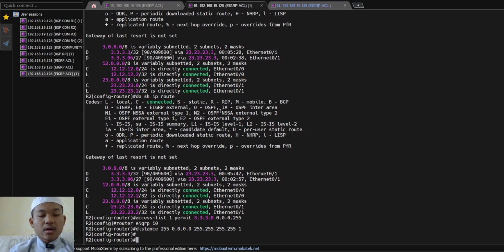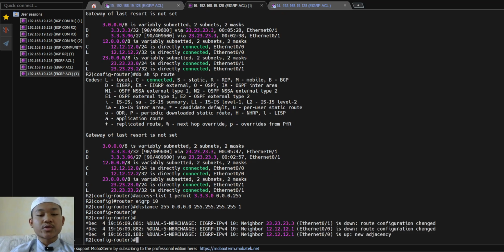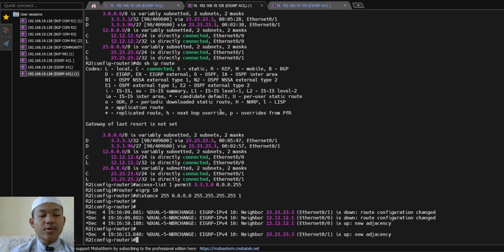Okay, the network is 3.3.3.0 0.0.0.255. It means that for IP addresses from 3.3.3.0 to 3.3.3.255, the AD will change to 255. Yeah, it means unreachable.